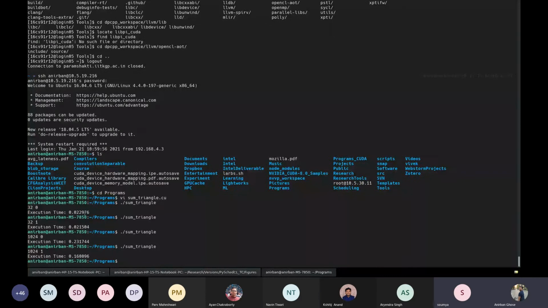So I'm just trying to run it with different values of n. 0 essentially means the version of the program without the atomic operation, and 1 is the version of the program with that operation. Naturally, for n with a lower value, you will see that there is not much of a time difference. But if I set n to 1024, which is the maximum number of threads for a thread block in this architecture that I'm using, you can see that there is quite a bit of speedup compared to the version which does not use the atomic instructions.